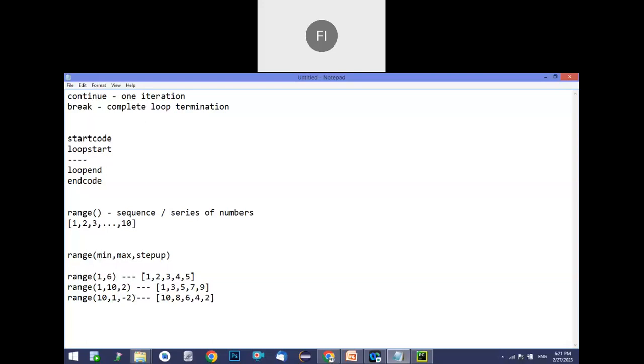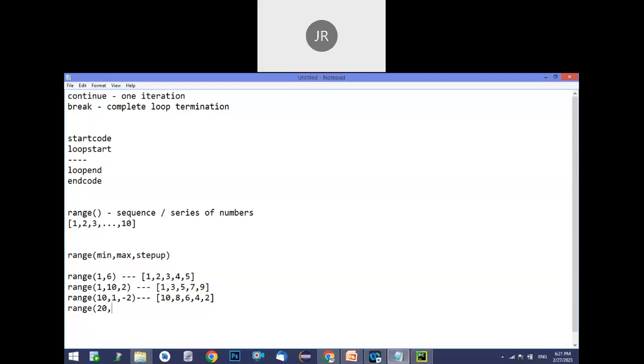Okay. You got it? Last example, I didn't get it, sir. Yeah, see, for example, it is decremental. It will start with the range 10. -2 means it will decrement the value by 2. 10 minus 2 is 8, 8 minus 2 is 6, like that. So in this example, it is skipping 2 numbers.